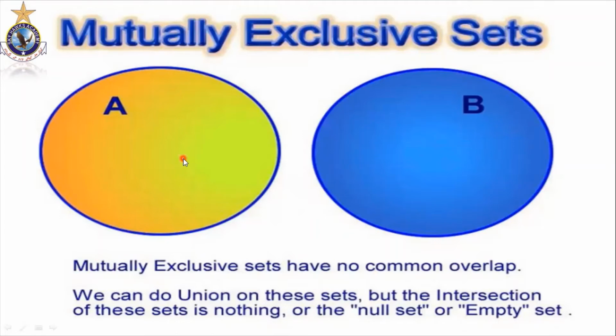So nothing is common. So if you are looking for the union, we will have to get this and this all together, and we will get the union. But if we are looking for the intersection, that will be the null set. Nothing is common. They are not overlapping. Not a single point is touching each other. So that's why their intersection, the common area, is 0, and that's why no element in the set, that is called the null set or empty set. So it's very simple, but these sets are called mutually exclusive.